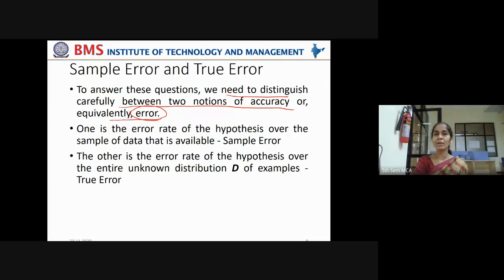I am talking about the same topic, that is, the validity of the hypothesis, validity in the predictions. There are two ideas we have to understand with respect to accuracy of a hypothesis or error made by a hypothesis. One is the error rate of the hypothesis over the sample of data that is available,